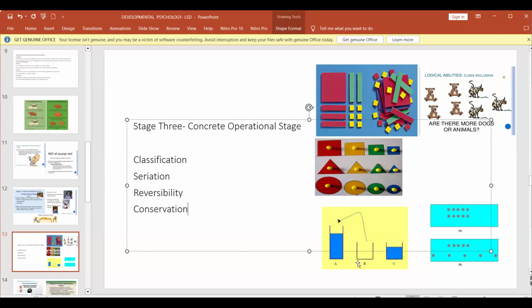Any questions about the third stage? Excuse me, madam. So spatial ability means the same as conservation ability. Spatial means now it's not the space, but it is spread. So it is longer, but they have to know there are only 5 teeth. As it is longer line, they might say it has more teeth. That means the child has not developed the concept of conservation. Are you okay? Yes, madam. Then any other question?